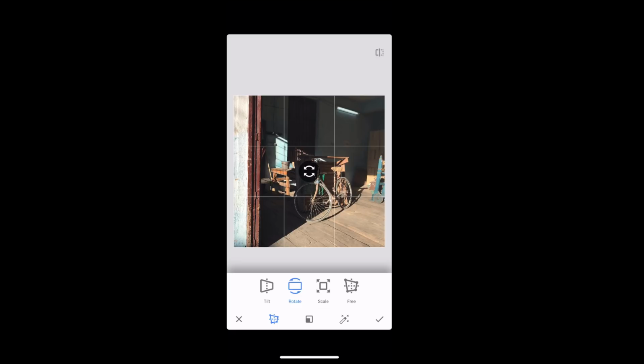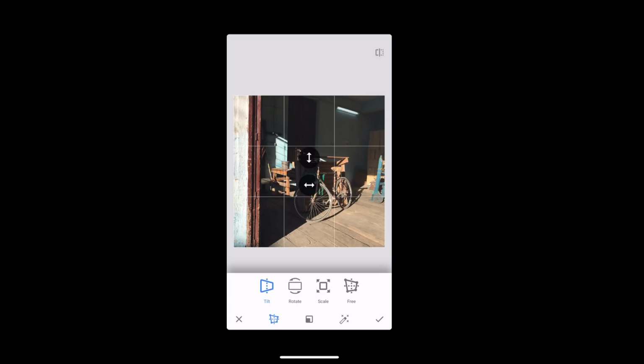tilting that we can do. What I want to do with this one is use the tilt feature over on the very left. So I'm going to tap on that, and it brings me into the tilt feature, and you can see I can tilt this image on the vertical or the horizon. In this case, what I'm going to do is take my finger on the screen, and I'm going to drag it down, and I'm going to tilt the image